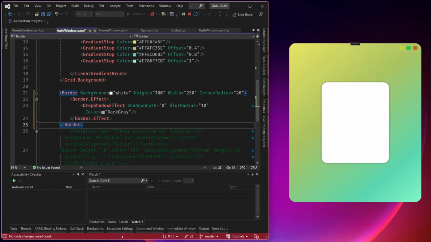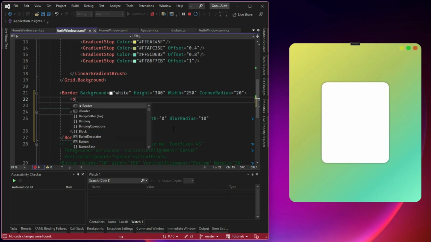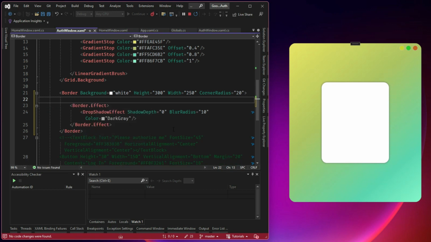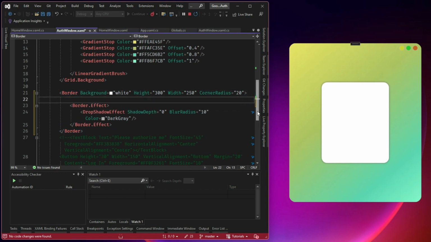Now that we have a border, the next step would be to add one more element on the top. We will just add a small circle on the top and put some symbol there. I will add one more border now. What I will do, this border, I will add it here, border, and this border,